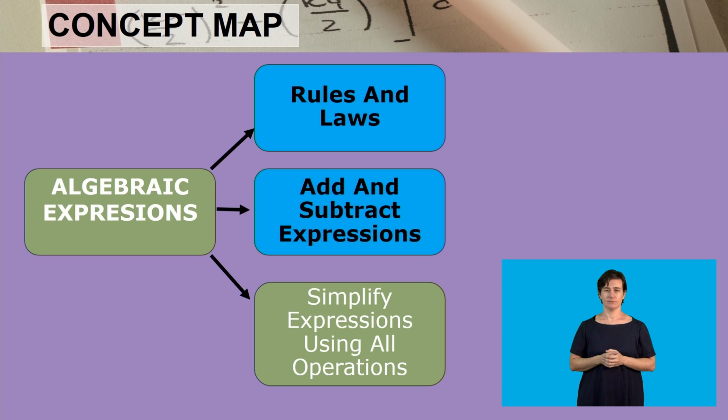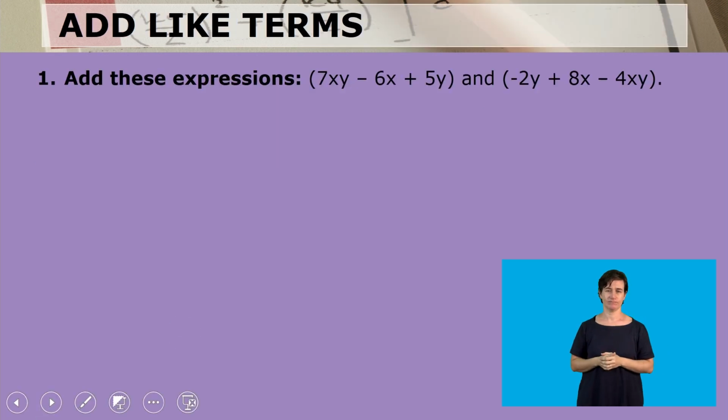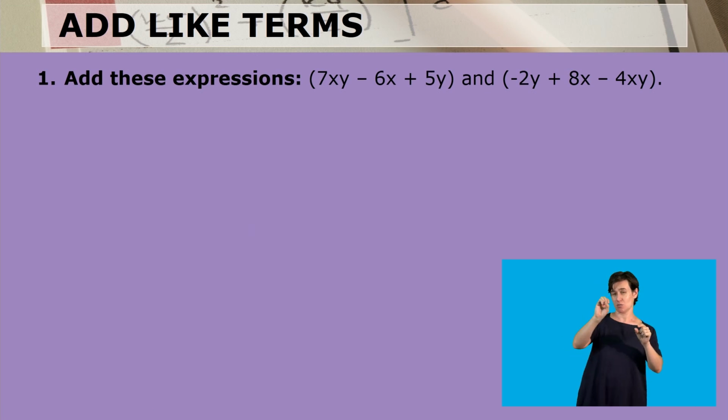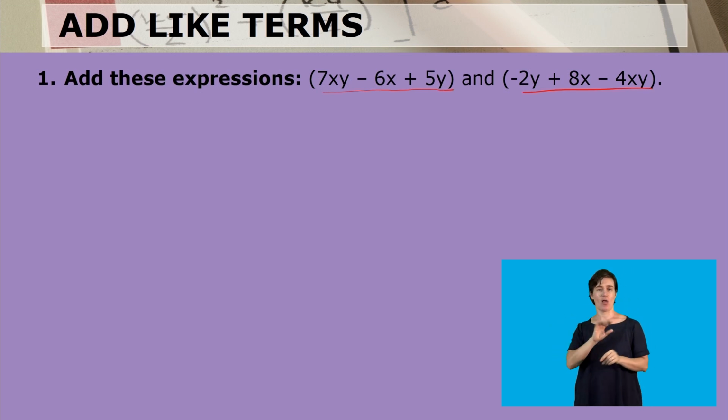Let's then move to the next part of our concept map, which is now add and subtract expressions. Now that we are dealing with expressions, let's look at the first question. Add these expressions. We have an expression there which is a trinomial and another one which is a trinomial. We are to add them together. So let's write them as they are. It would be